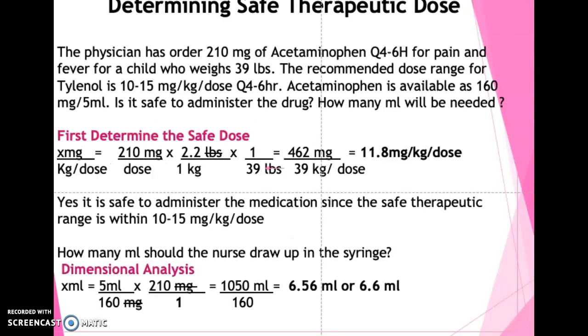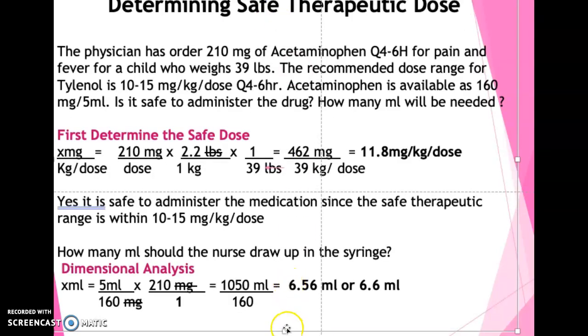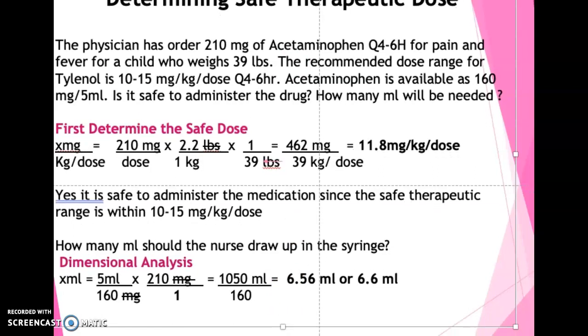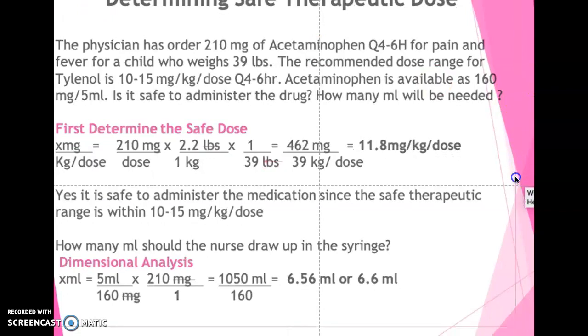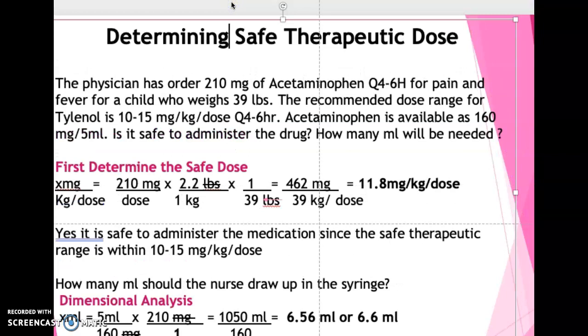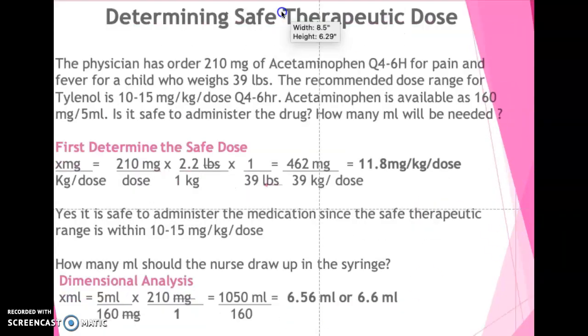These problems are very simple. They're not complicated at all. It's just setting up the equation and looking for what you're looking for. That's very important. So I have another problem here, and this time